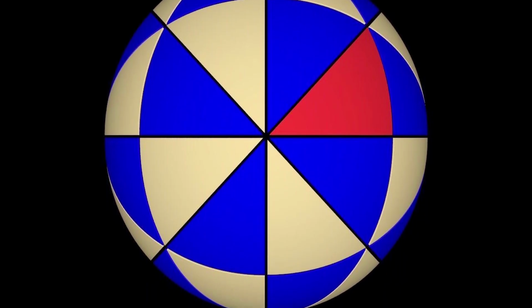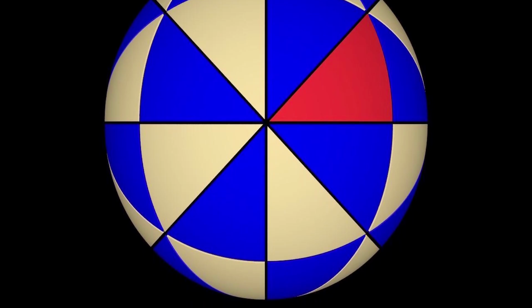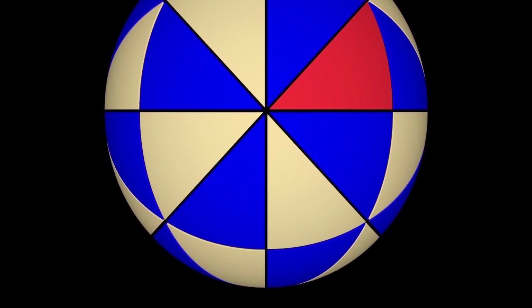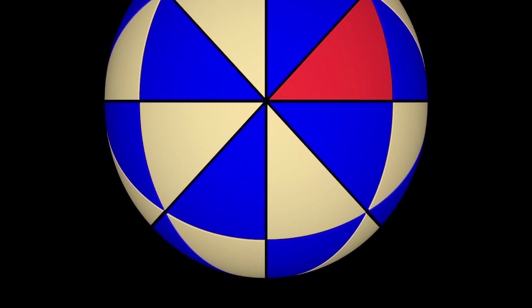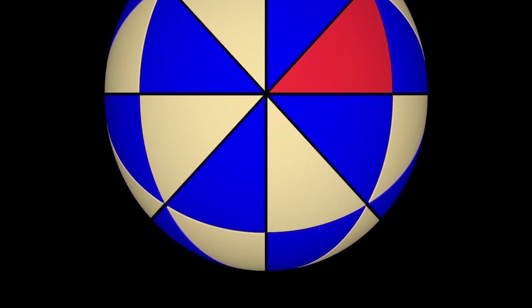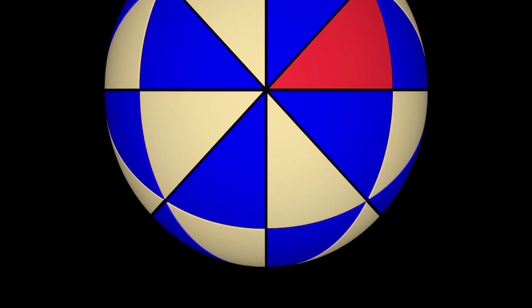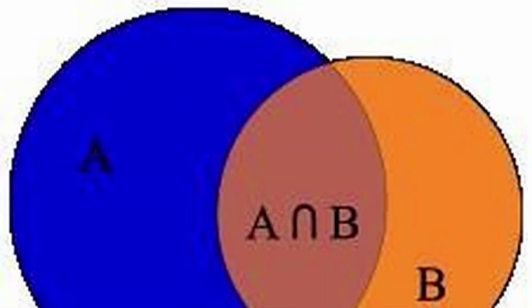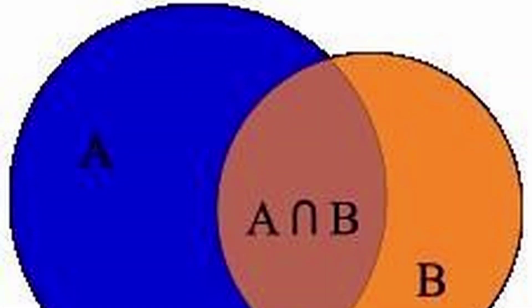Next up, we got free actions. Think of it like a no two-timing rule. Each element of the set gets hit by just one unique group element. No overlaps. So it's like a one-night stand. Every element gets a unique partner. No swap and spit here. Exactly. No two group elements are allowed to have the same effect on a set element. Everyone gets their own piece of the action.